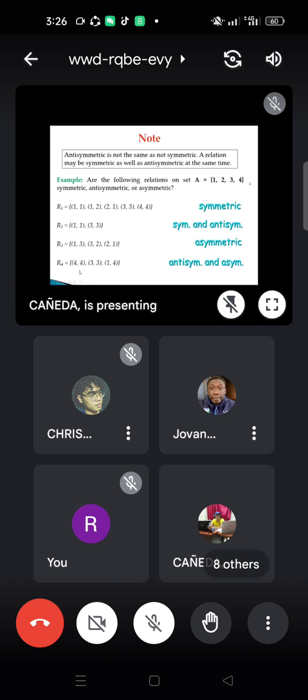Symmetric? Very clear because (1, 1), (3, 3) are both symmetric and anti-symmetric. So R2, and for R3,